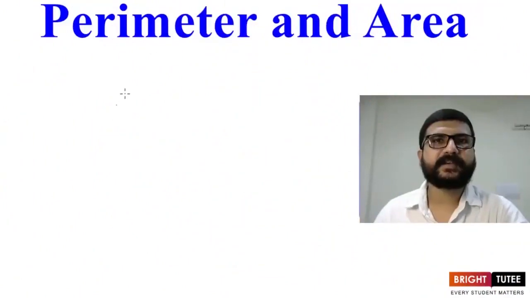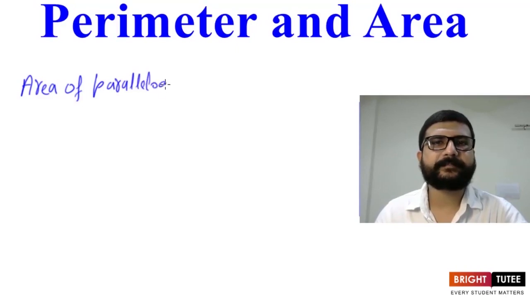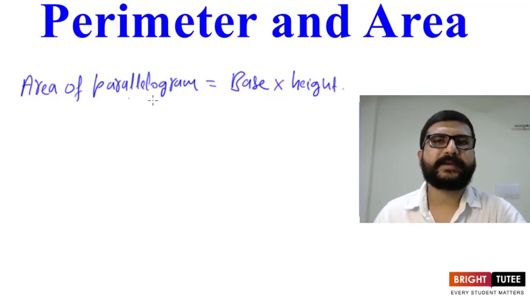In the previous videos, we have learned how to find the area of a parallelogram and how to find the area of a triangle. We have seen that the area of a parallelogram was equal to base into corresponding height. And can we consider any side as a base? Yes, we can consider any side as a base. So the area of a parallelogram is equal to base into corresponding height, or we can simply say height. So base into height is the formula for the area of a parallelogram.